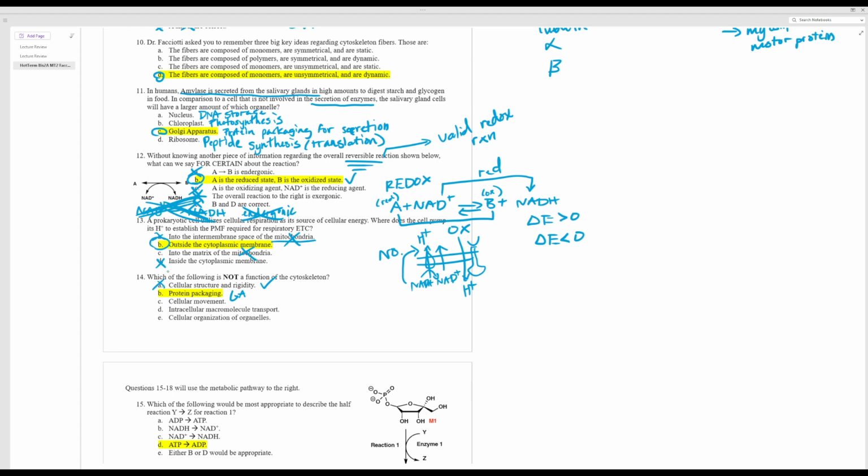We know A is a function of the cytoskeleton, and so it's not a possible answer. Cellular movement. The cilia and the flagella are all made up of cytoskeleton elements. Intracellular macromolecule transport. Microtubules. Function of the cytoskeleton. Cellular organization of organelles. A function of the cytoskeleton, right? The cytoskeleton